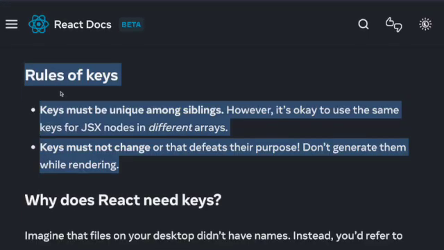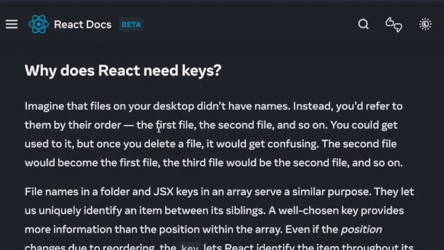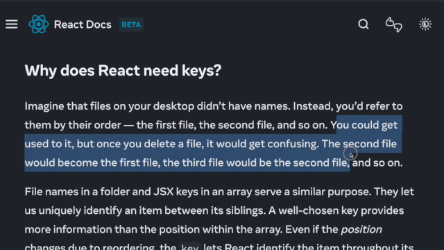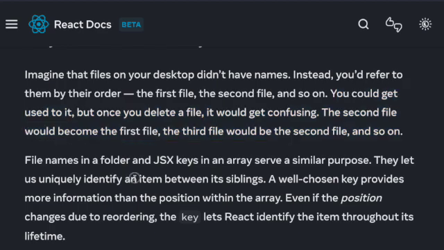Why does React need keys? Imagine that the files on your desktop did not have names. Instead, you refer to them by their order: the first file, second file, and so on. Okay. You could get used to it, but once you delete a file, it would get confusing. The second file would become the first file, the third file would become the second file, and so on. Okay. File names in a folder and JSX keys in an array serve a similar purpose. They let us uniquely identify an item between its siblings. Basically, to identify an item among siblings is what the key is used for. A well-chosen key provides more information